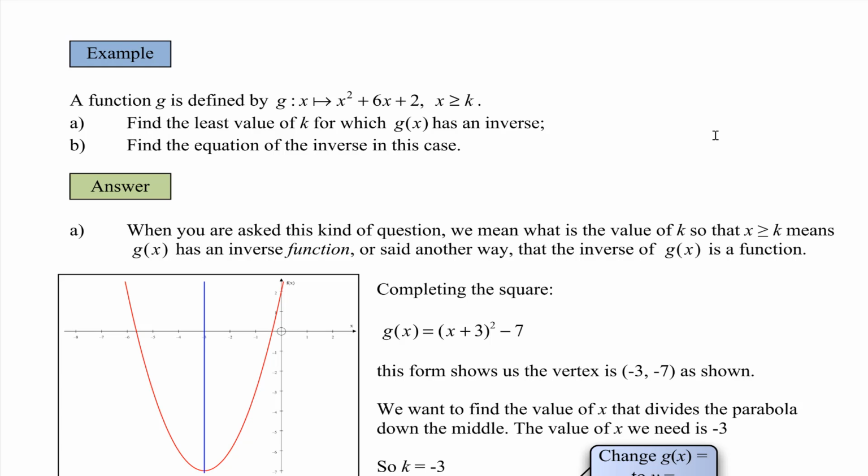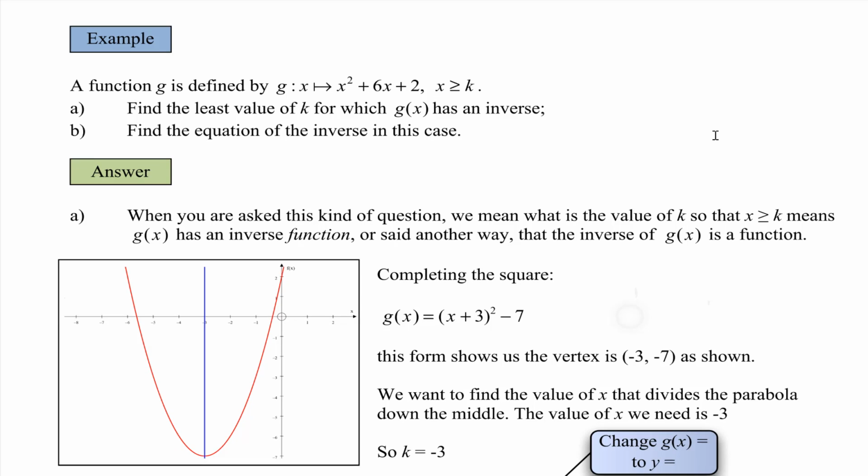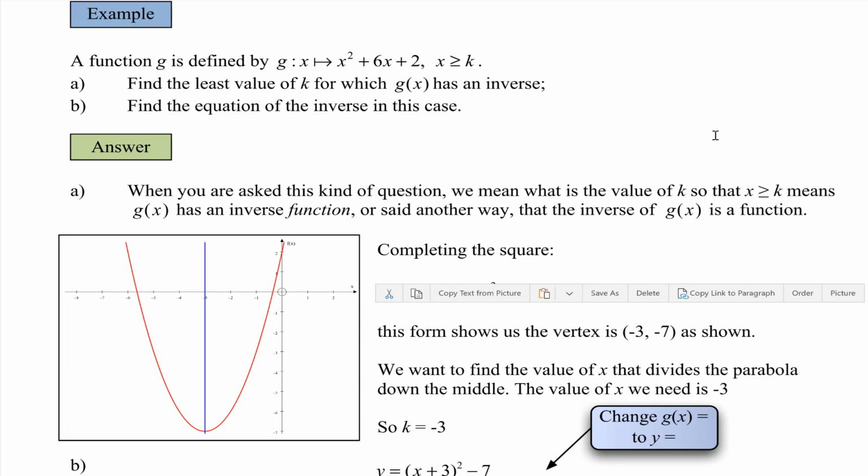Find the least value k for which g of x has an inverse. So what we're really asking here is to split this quadratic function down the middle, and find the value of x that splits it down the middle. So, the least value of k when x is greater than or equal to a certain